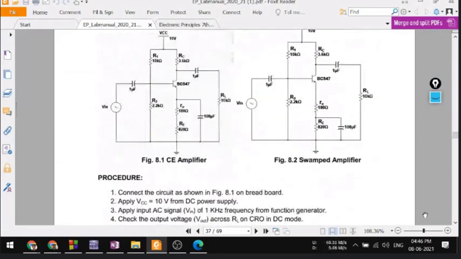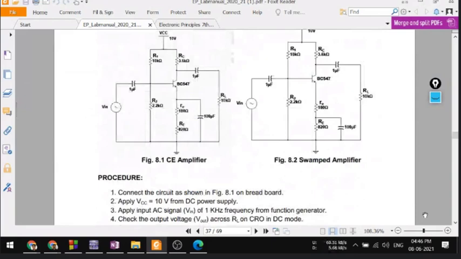Okay, but what they have done, they have written that this is the same circuit as experiment number 6 and 7. R1 is 10K, R2 is 2.2K, RC, don't take 3.6, you just take 3.3, that is fine. Input voltage, and this is nothing but your 1K resistor, your 1 kilo ohm RE. So RE is 1 kilo ohm, then 100 microfarad.